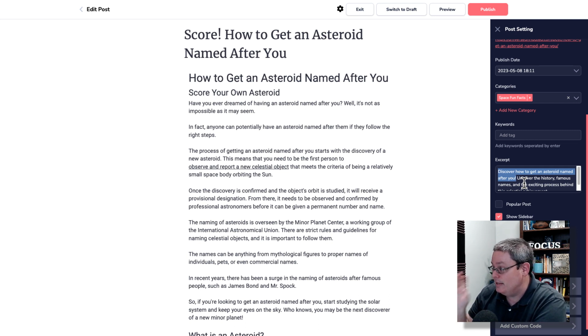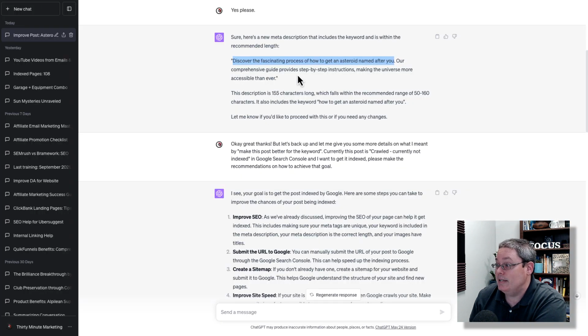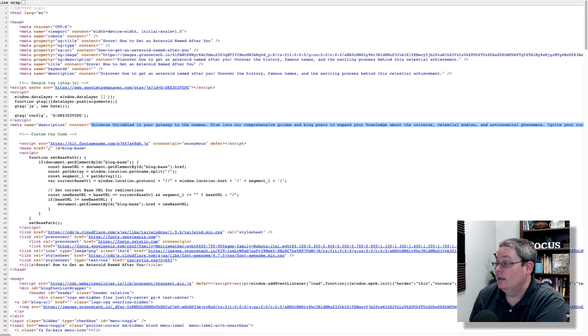And my excerpt is "discover how to get an asteroid named after you," which is the keyword that we're going for: how to get an asteroid named after you. And if you go to the post and then you view the source, this is that duplicate meta property issue, or meta description. So you can see here the meta description shows up, "discover how to get an asteroid named